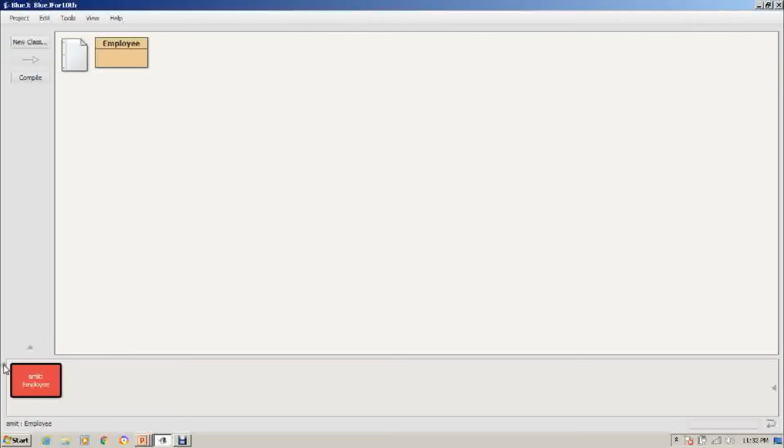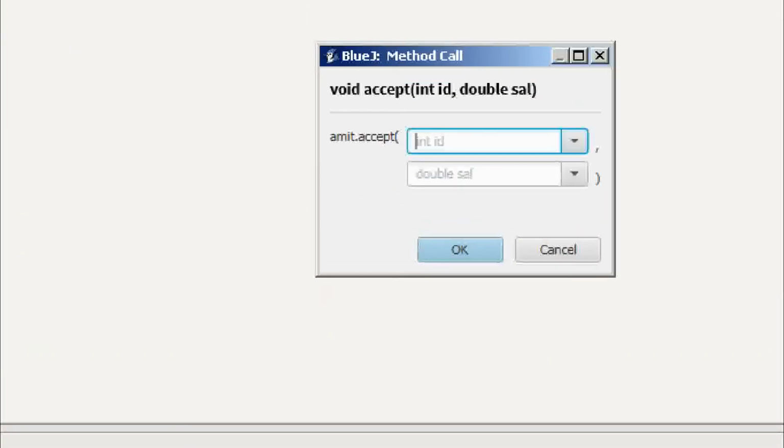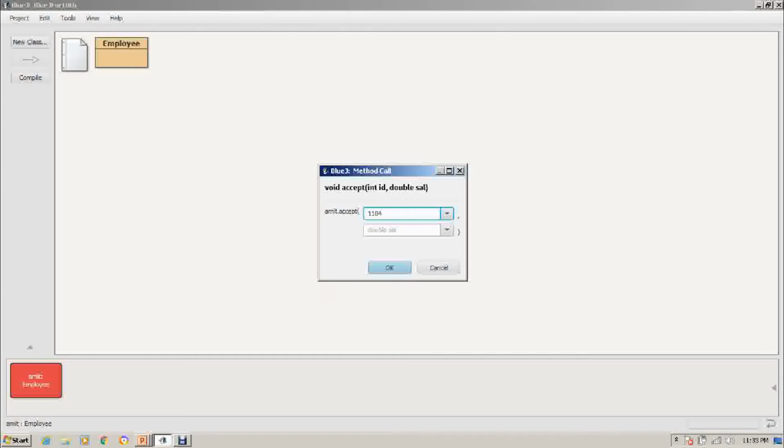When I call the accept method, because the accept method was accepting these 2 values, I have to specify these 2 values. Let's suppose ID is 1104, and let's suppose salary is right now 25,000. You can see these values I am passing, and as soon as I click on OK, the value of this ID will go to employee ID, the value of this sal will go to the salary variable.